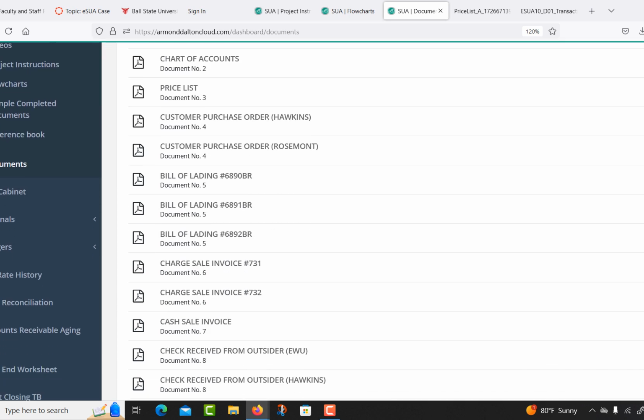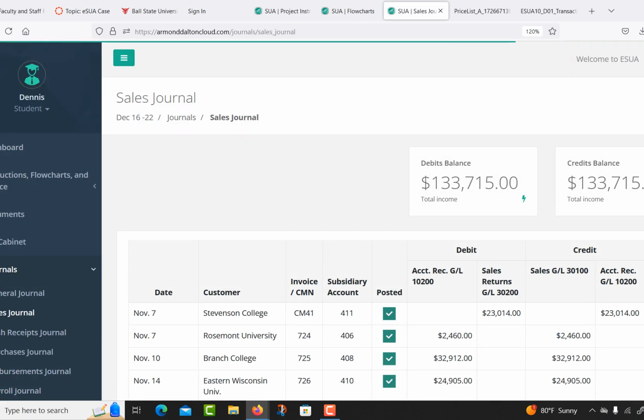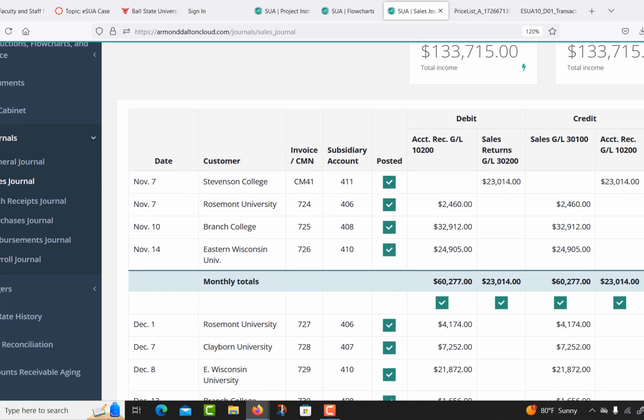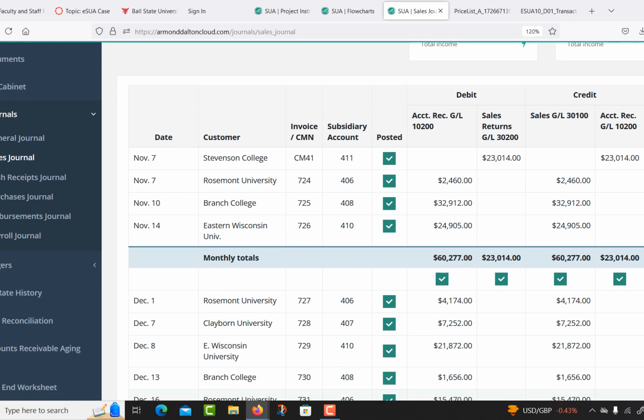I went too high. There we go. We're going to have the sales journal. And so in the sales journal, we are going to record this. Now in these special purpose journals, the columns are going to be the accounts we use the most, like accounts receivable and sales. We'll also have sales returns and an accounts receivable credit in the event that there's a return or something like that. Anyway,